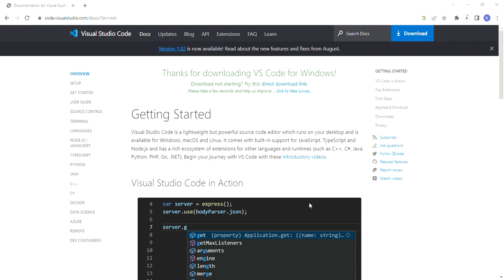Yeah, so we have already finished installing Visual Studio Code on our local machine. In this case, you have created a desktop icon, so it